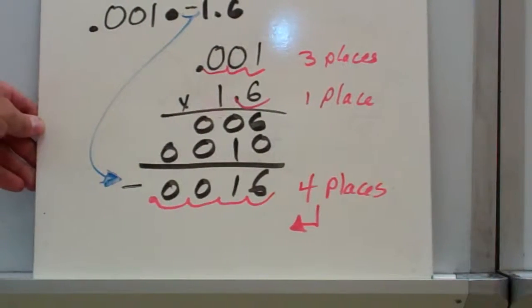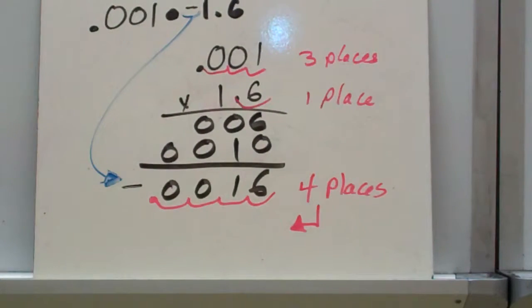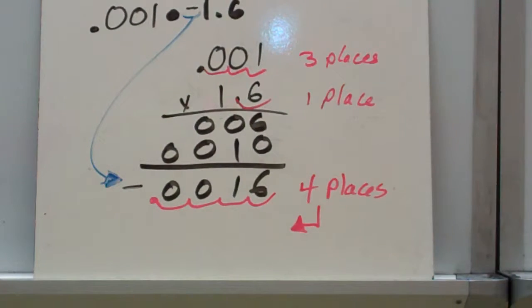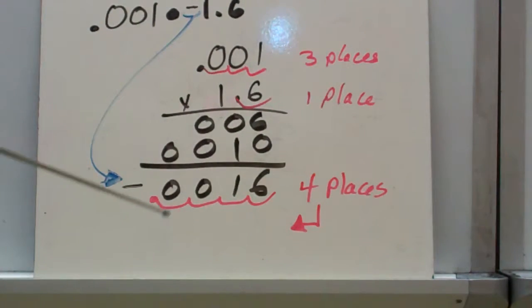Our next example, we have 0.001 times a negative 1.6. So we line up the numbers to the right. We don't line up the decimals. Okay, we multiply the numbers out. And we end up with